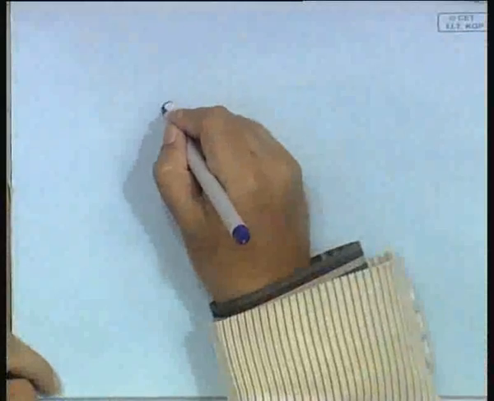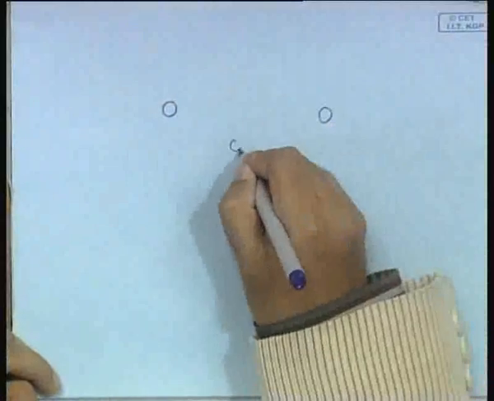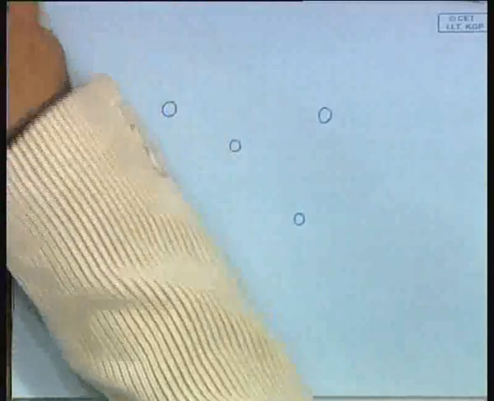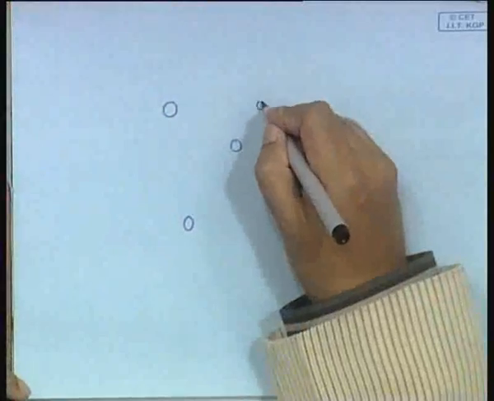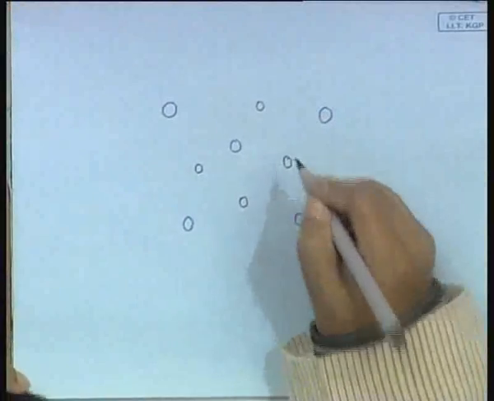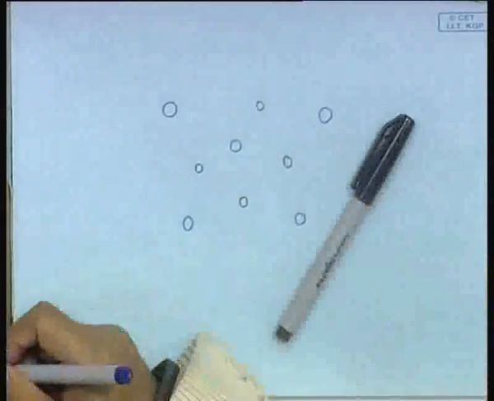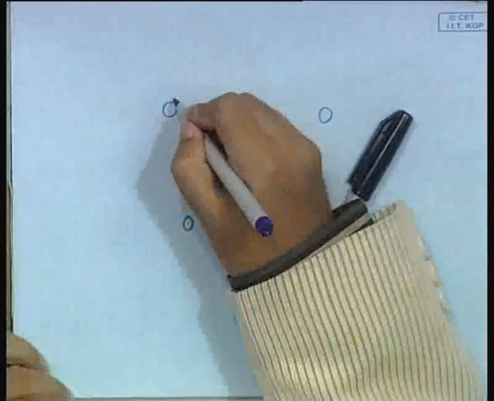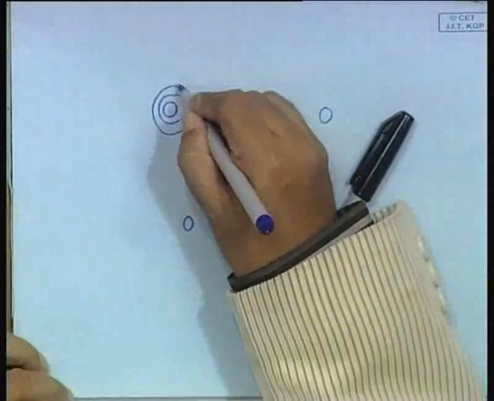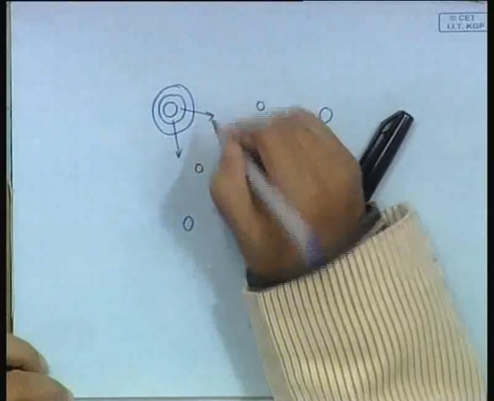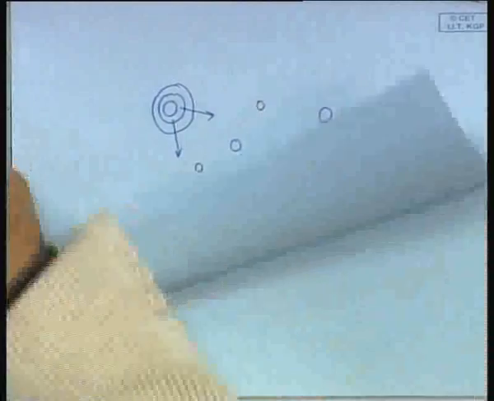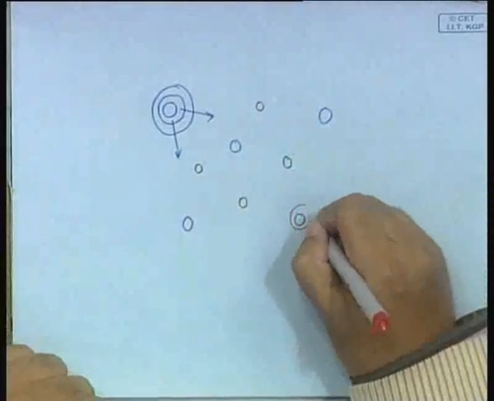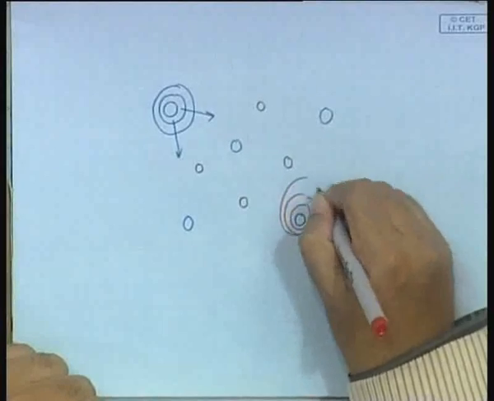Suppose these are the contestants. Each contestant is an initiator of its own wave. Besides the contestants, we can have other nodes also. We can have some non-contestants also. Now, what happens is each contestant is sending out its own wave. So, its wave is going out, right. Similarly, this contestant is sending out its own wave,